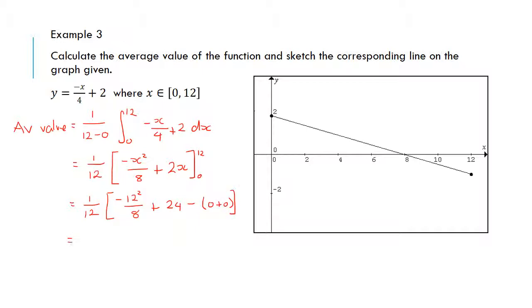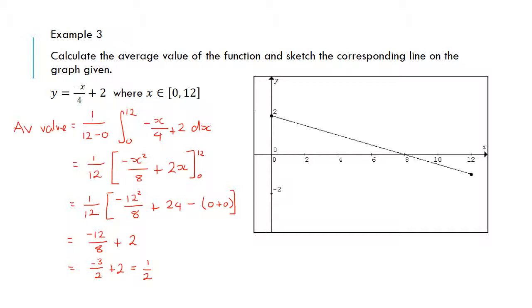In order to simplify this, the easiest way that I can suggest is to first expand, multiply 1 over 12 by everything inside the brackets. If I multiply 1 over 12 times negative 12 squared over 8, the 12s will cancel out and I will just get negative 12 over 8. 1 over 12 times 24 will just give me plus 2. We can simplify this fraction to give us negative 3 over 2, and we end up with an answer of